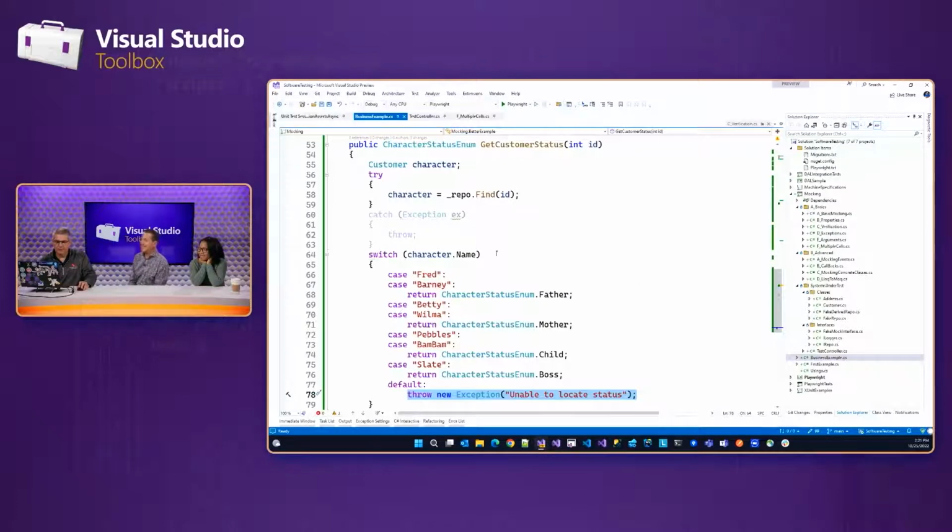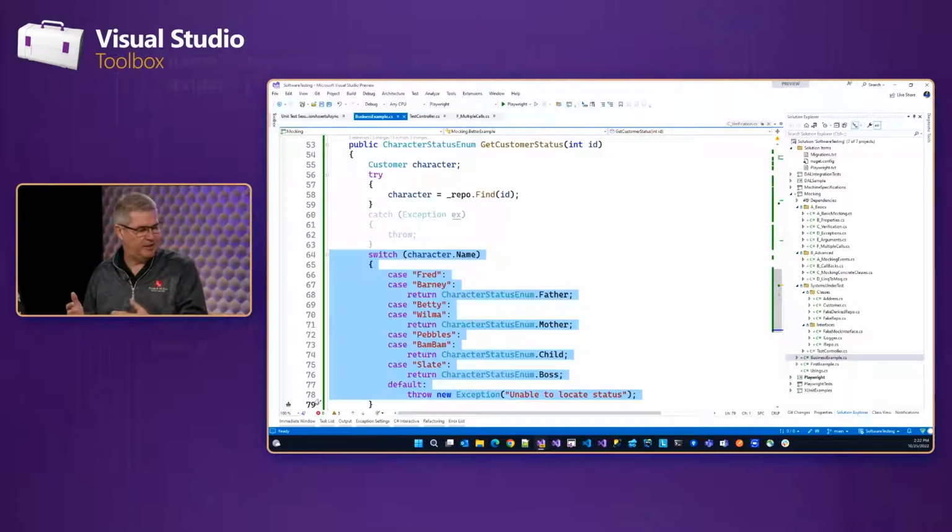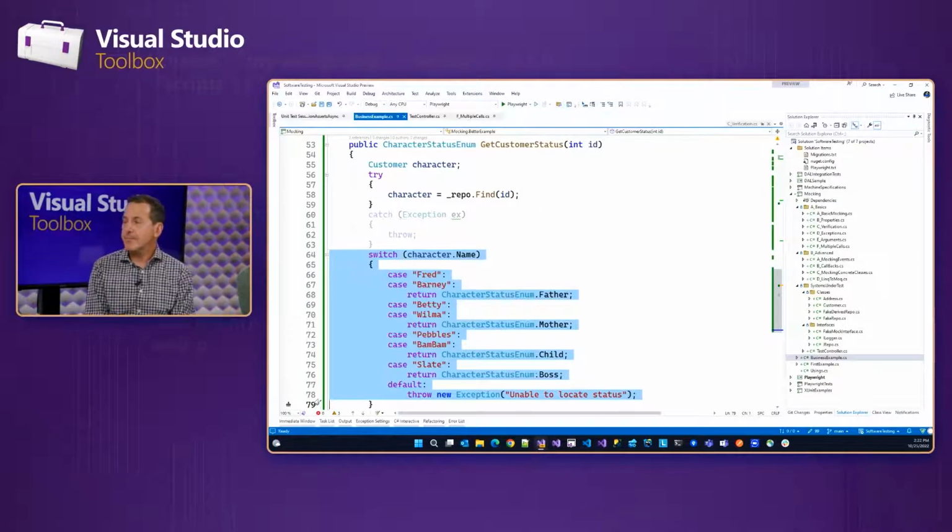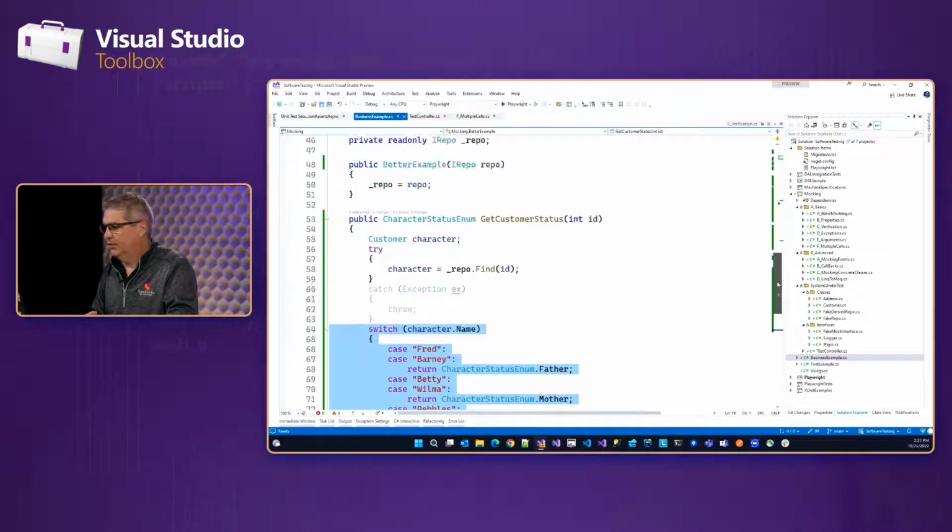Anyway, what we want to do is test that we're returning the right type, the right enumeration based on the value. But we don't want to keep calling into the database to set up these things. We might not even have a database yet because that's a different team delivering that. Yep. But we want our business logic to work. So how will we test this?